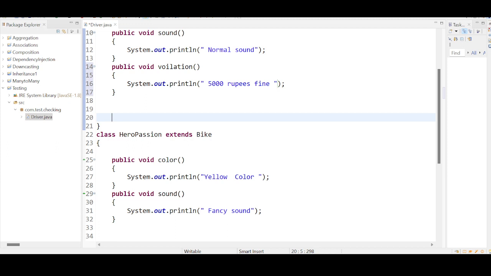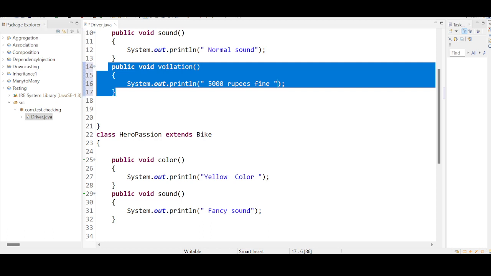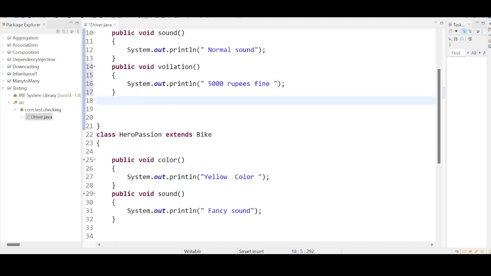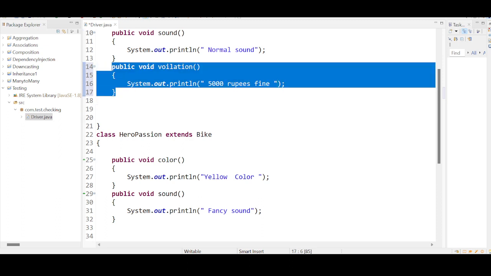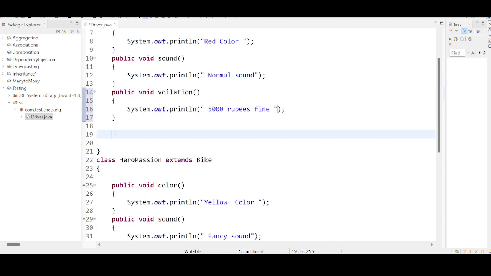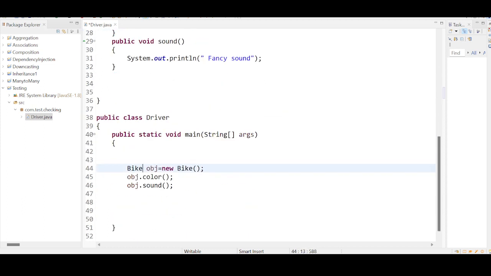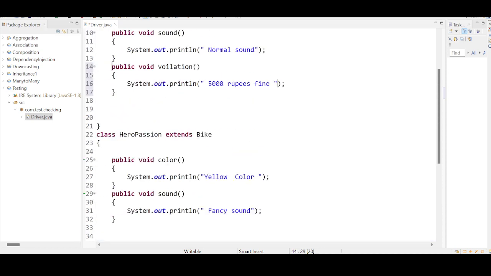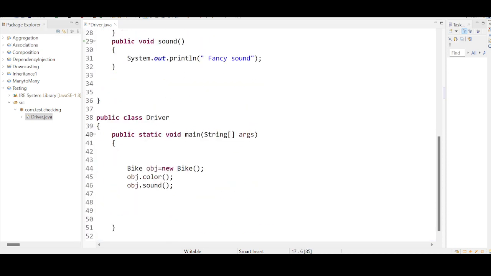When I want to be very specific, at any point of time, this method needs to be executed. What is the case if I want to execute this method at any point of time? You can create an object in many ways, but you should get access to this violation method. How can we do that? If you do overriding, it cannot happen. I am supposed to create the object in such a way that if I do Bike, I have access to violation. If I do Hero Passion,